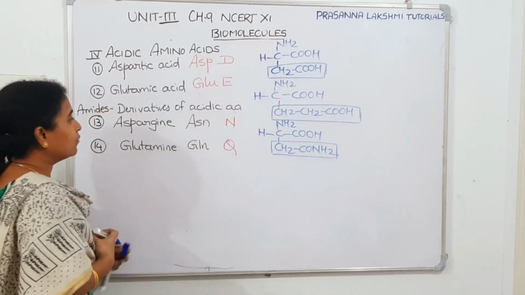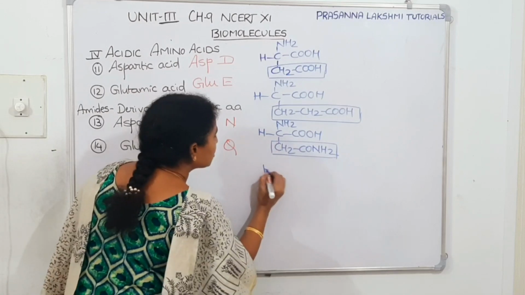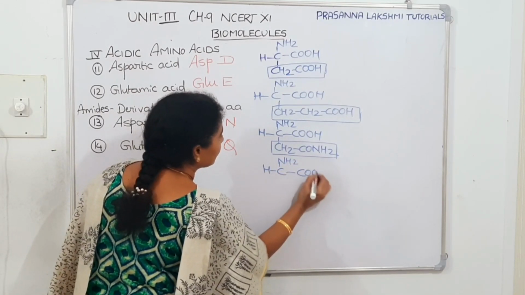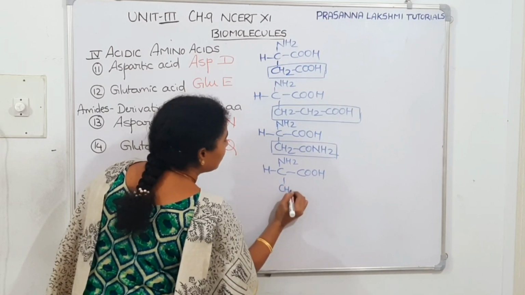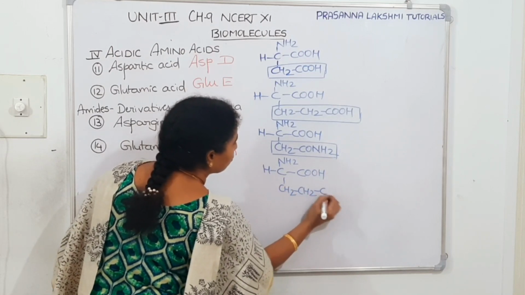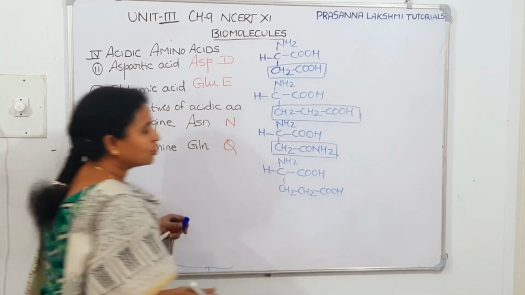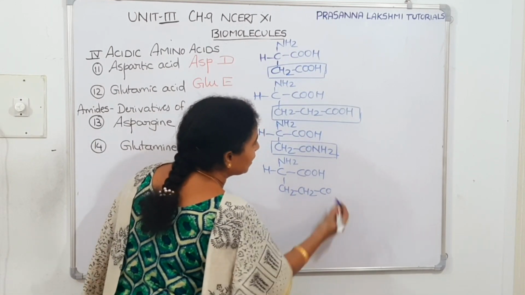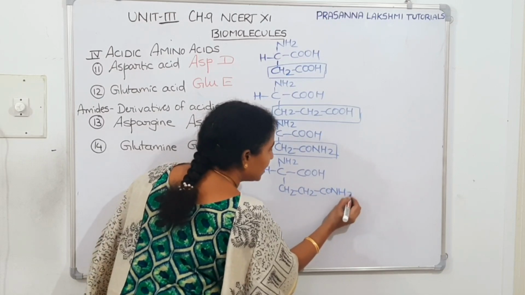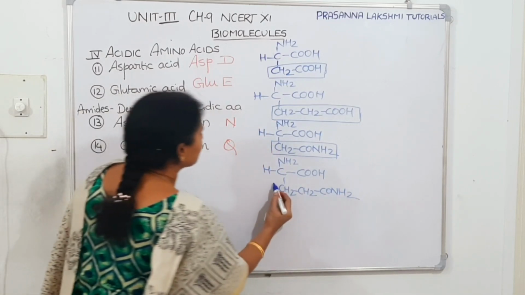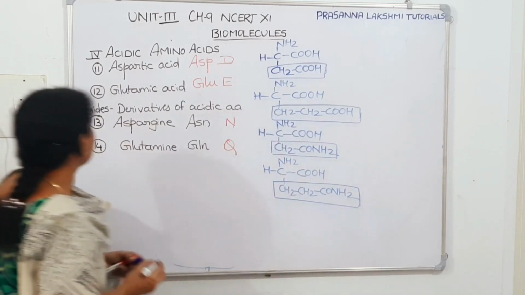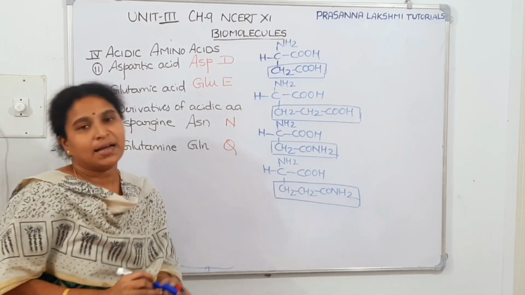In the same manner, if you have to write glutamine, first let us draw the structure of glutamic acid. Yeah, here it is. Now convert one carboxylic group into a CONH2 group. So for that, I need to remove hydrogen. In fact, it's a hydrolysis reaction. I added it. So this becomes the structure of glutamine. So now our count is 14, 6 more are there, right?